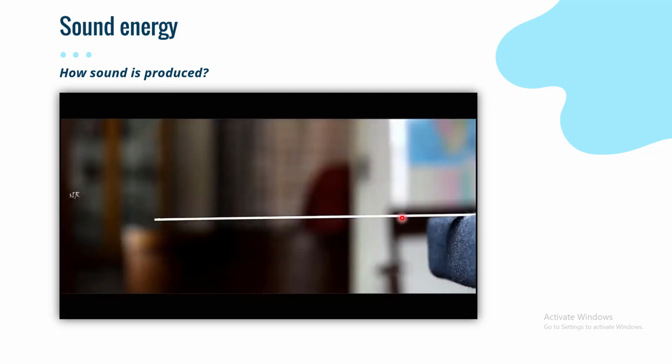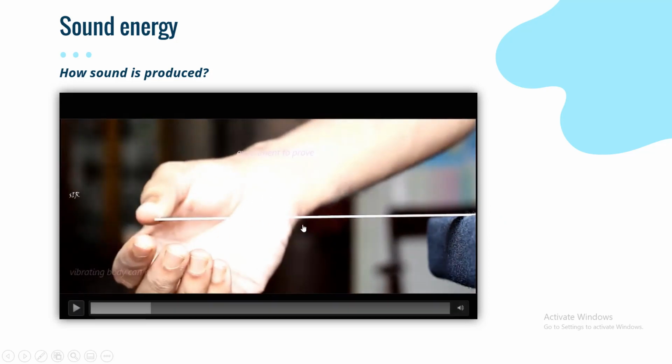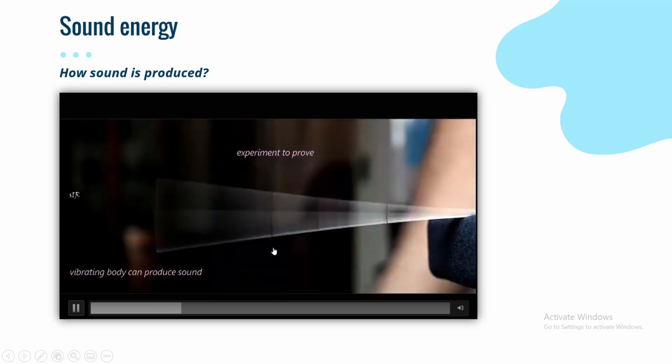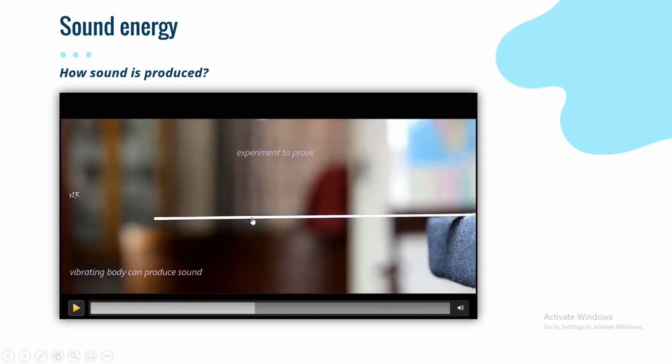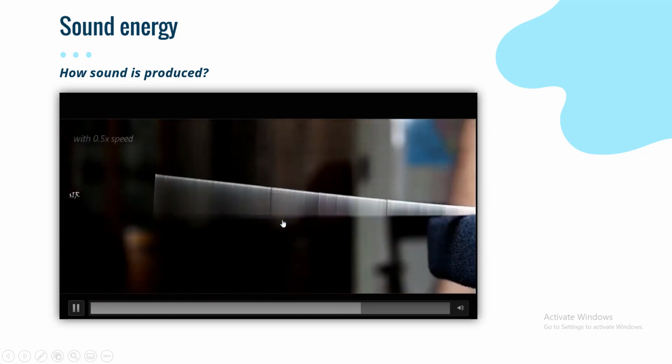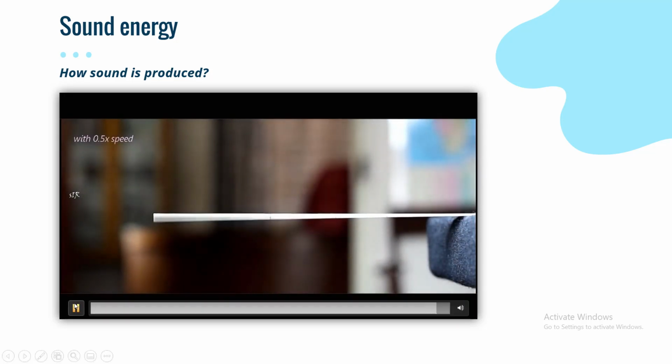We have here a ruler, and it is fixed on this table in this way, and this guy right here wants to move this ruler. Again, it is fixed from this position. Listen carefully to the sound that will be created from the ruler. This ruler makes vibrations, and again, listen to this sound. So the sound comes from the ruler after it vibrates. So the vibrating of the body creates sound, and this is the conclusion we have here: the vibrations of objects create sound.